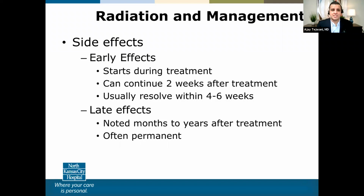The way I split that discussion up is there are early effects, which are more common, and then there's late effects, which are rare. Early effects typically happen during the patient's treatment course. They can show up around 1 to 2 weeks once they are undergoing radiation treatment, and this is why I see them weekly. And even after they're done, as the body repairs itself, it can take a couple weeks to resolve. But by the time I see a patient in follow-up around 6 weeks, the acute effects of radiation have kind of resolved. I see the patient, as I described, months to years after to ensure that the patient doesn't